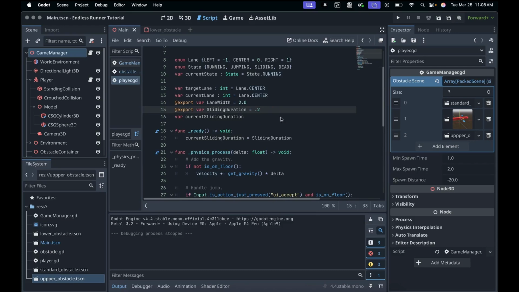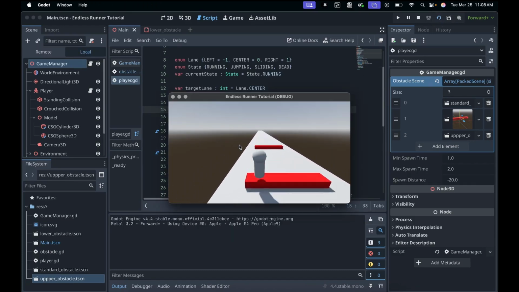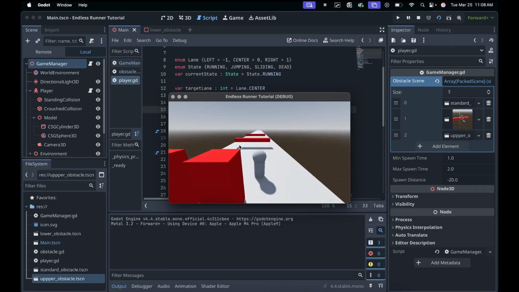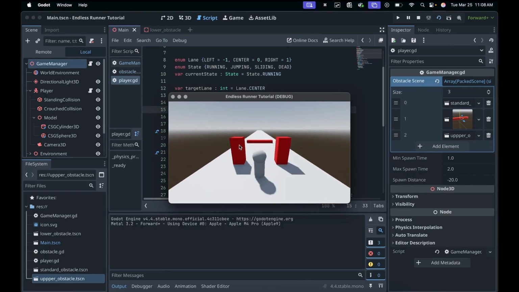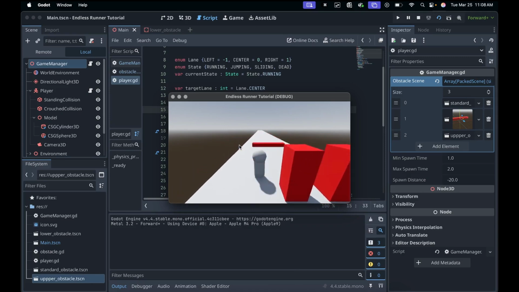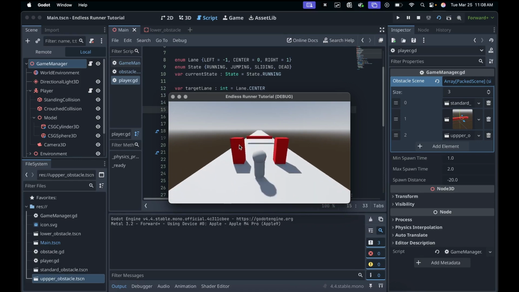So let's try like 0.2. Maybe that would be a more reactive feel. So let's see if that works. So jump, jump, slide, over, slide, slide. So you can see that we're just uncrouching almost immediately. So we need a little bit more time, but I think that that's probably better off because now we can